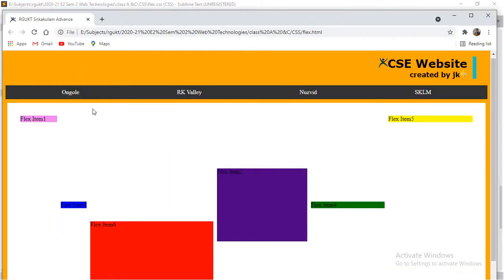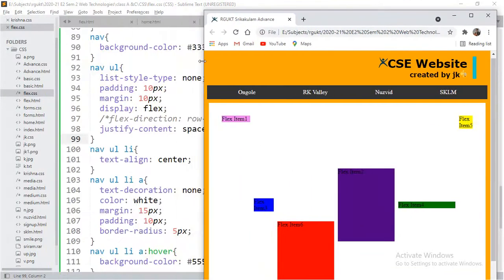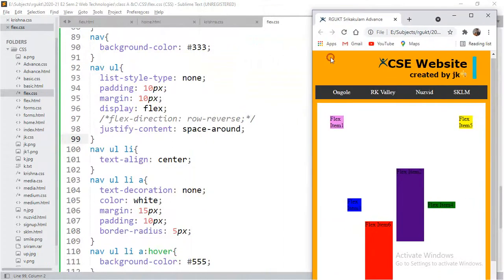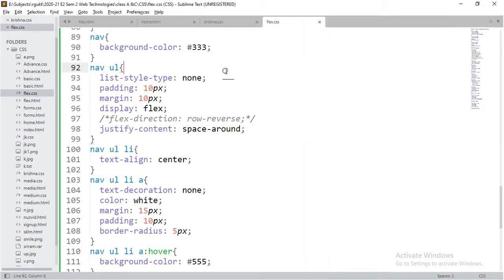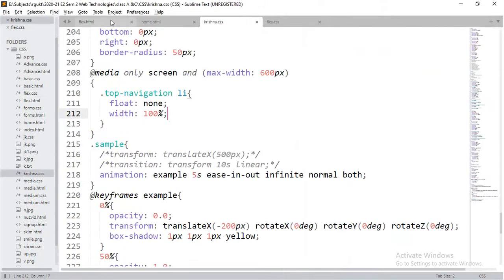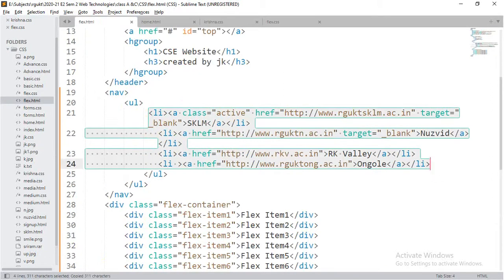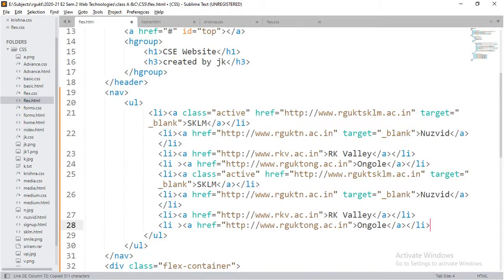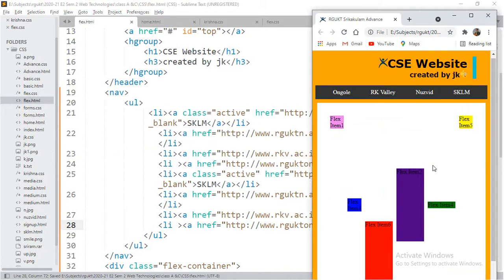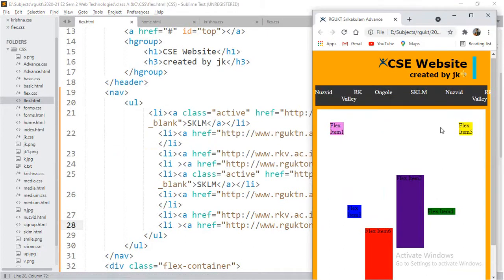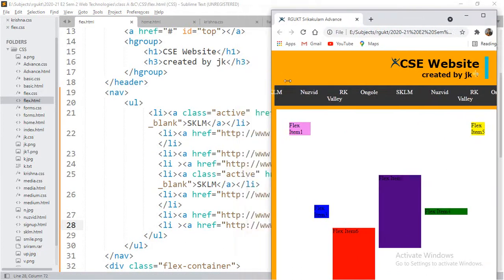Now my requirement is, whenever I minimize the screen, observe, there is no problem here. But if I have multiple links, all are going to be arranged in some kind of zigzag manner.